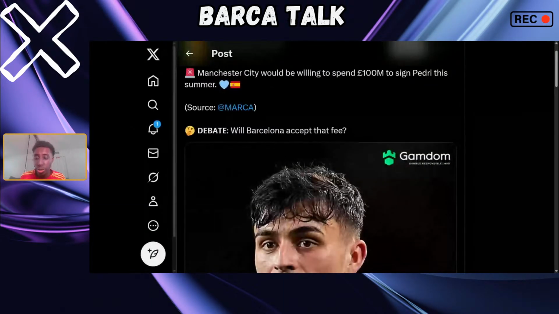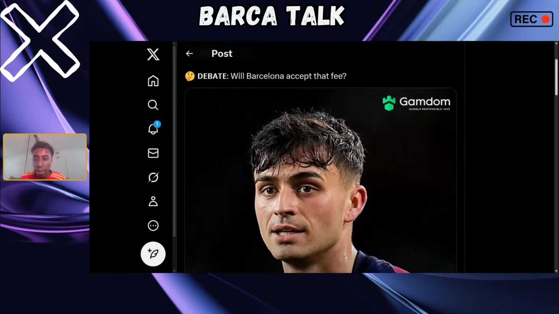Hold up. Yeah, because, guys, I want to show you the biggest news, right? It's that Pedri, guys. I think you guys can see this. Manchester City would be willing to spend 100 million euros to sign Pedri this summer. Source, Marca. Obviously, Marca is not the best source, but there is a couple of sources saying